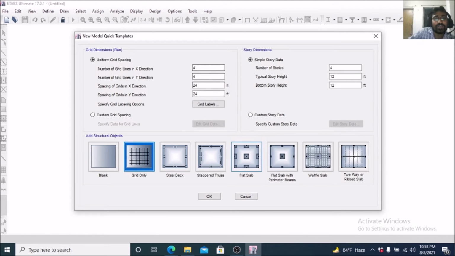Another window has come. Here we have to input some data from our column layout, grid beam layout or floor beam layout. So here is the grid dimension plan: uniform grid spacing, number of grid lines in X direction and number of grid lines in Y direction. For understanding this portion, we have to get back